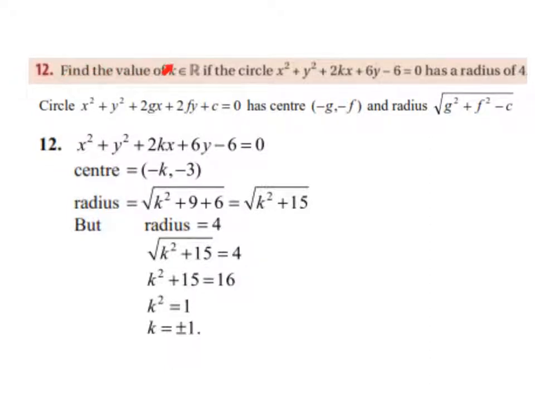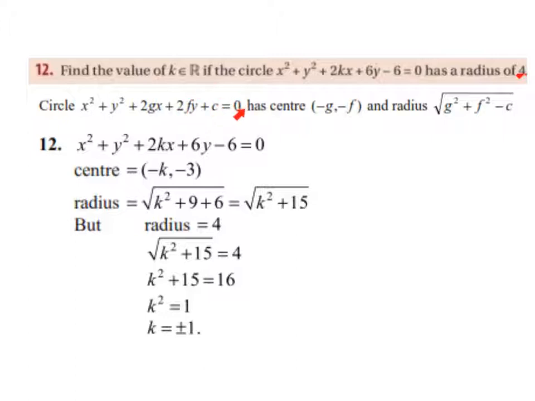Find the value of k. K is an element of the real number set. If the circle x squared plus y squared plus 2kx plus 6y minus 6 equals 0 has a radius of 4. So the general equation of a circle is x squared plus y squared plus 2gx plus 2fy plus c